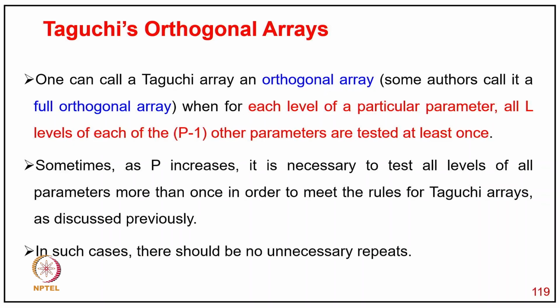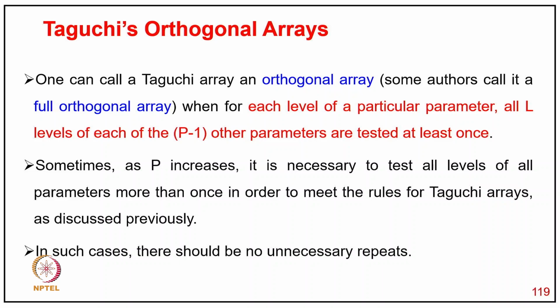One can call it a Taguchi array or orthogonal array. Some authors call it a full orthogonal array when, for each level of a particular parameter, all L levels of each of the p minus 1 other parameters are tested at least once. Sometimes as p increases, it is necessary to test all levels of the parameters more than once in order to meet the rules for a Taguchi array as discussed previously, and in such cases there should be